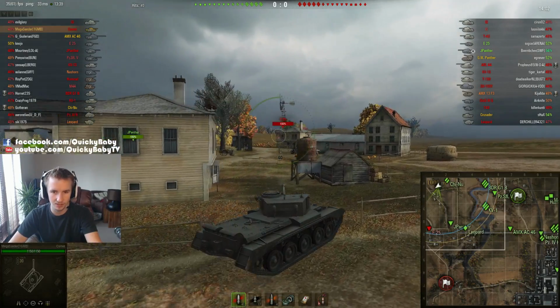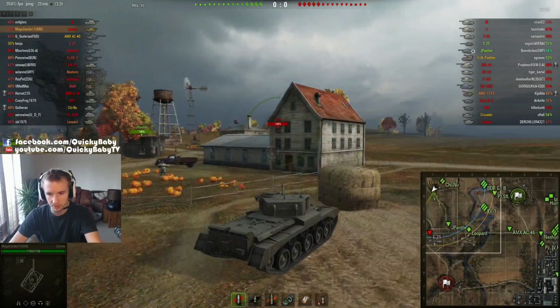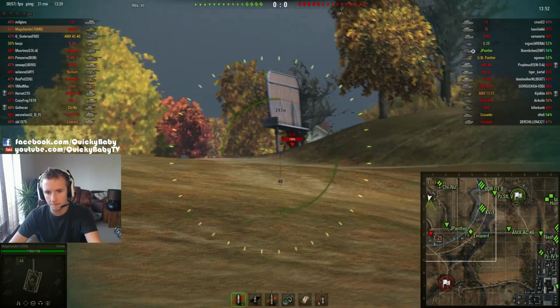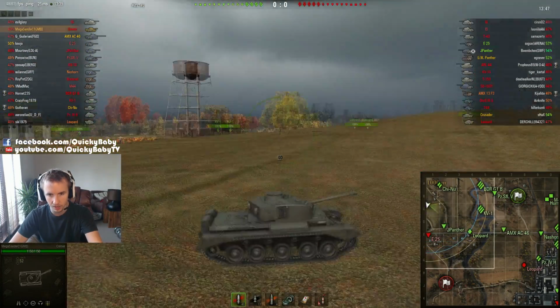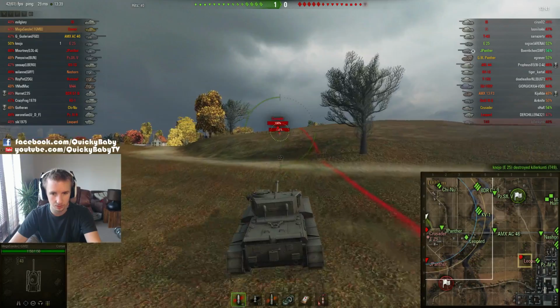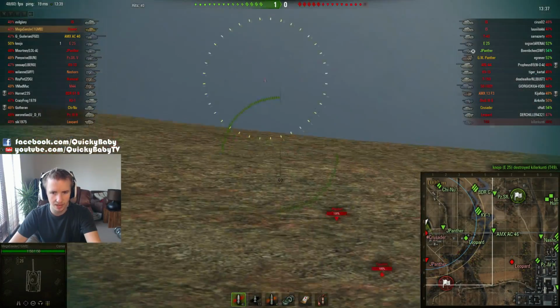MegaSander is playing quite aggressively here, putting the mobility of the Comet to good use. Now, he's advancing quite aggressively. I personally wouldn't be this aggressive into this position. I feel that if the enemy tanks were to poke up on that ridge line, they might be able to overwhelm you. Now the Comet has got excellent DPM,